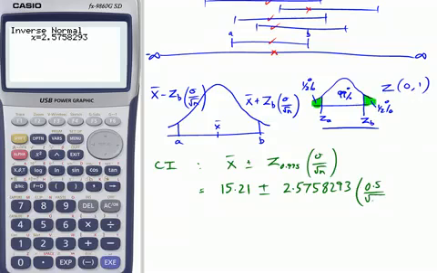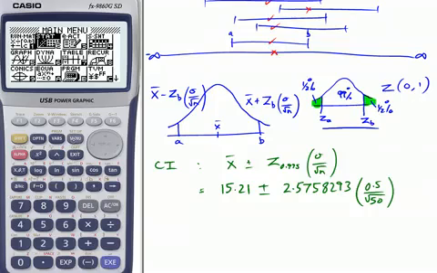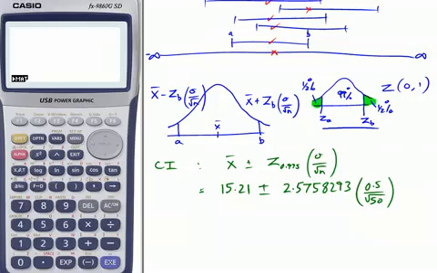0.5 divided by root 50. Now to do that calculation is a bit messy. We're going to have to come out of that, exit, go to menu, run, execute, and I need to put the figures in to calculate our answer. So that's going to be 15.21 add 2.575823 multiplied by